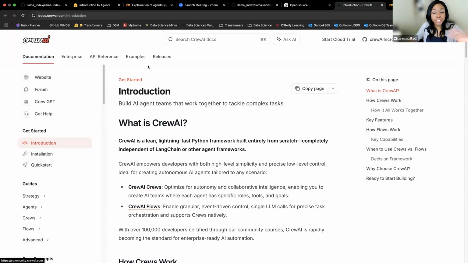CrewAI. So one, if you know me, you know I love documentation. Documentation is great. You read it, you understand things, you learn how their system works, you get into the minds of how they are designing their framework and how they're thinking about it, which in turn helps you learn how you should think about implementing the platform that you're trying to build using their stuff, right?